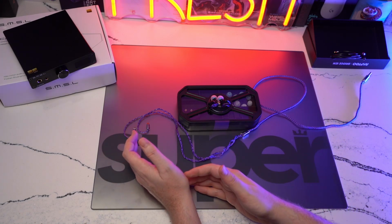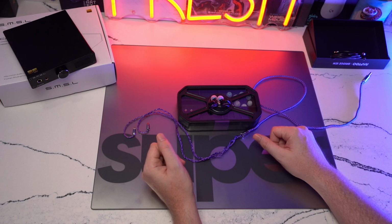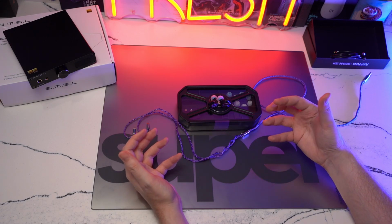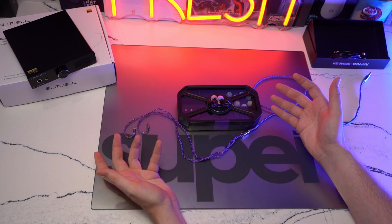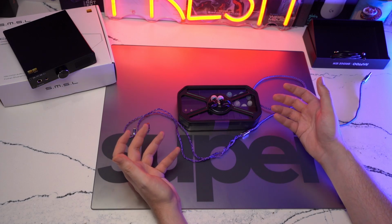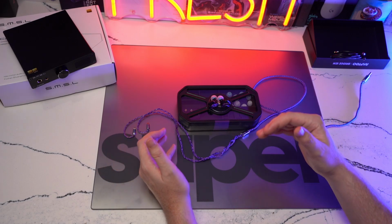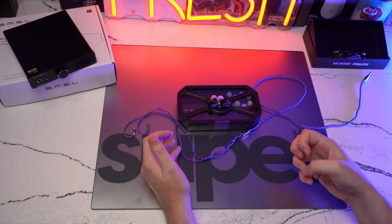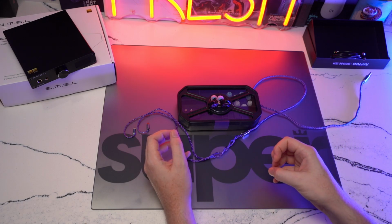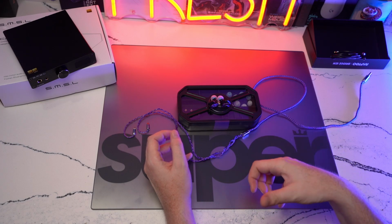I think if you're a bass head, these are not going to be the IEM for you, but if you're somebody who likes airiness and maybe a little bit more detail on the upper range, the Raptgo Bridge is a pretty nice IEM. In terms of mid-range, I think male vocals and female vocals sound great, but when you transition these into a gaming experience, I do think that there is a lot of fun that is desired